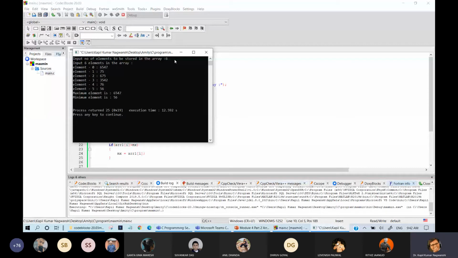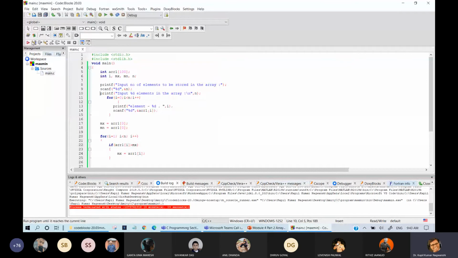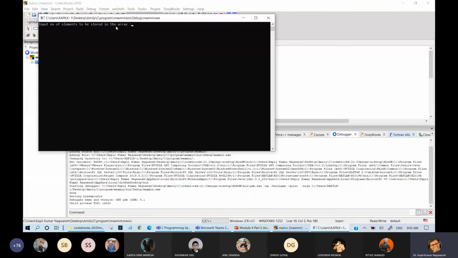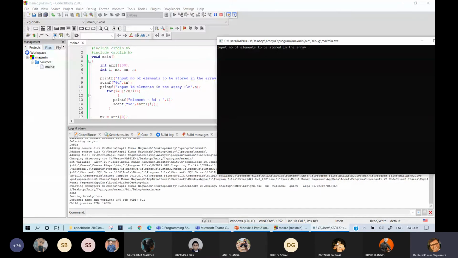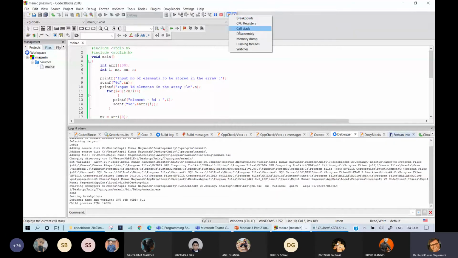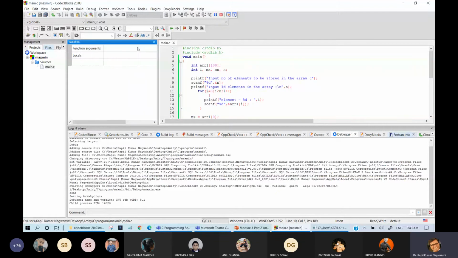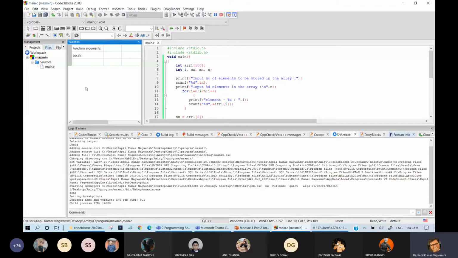So this is all about the program. It will give us maximum and minimum. Now if you want to see how this program will be executed, here the debug window is given. Okay, so I am pressing on debug. Now debug is started and I want to check the changes. So here I am using watches. Watches will show the variable names, and what changes will be there in them, it will show to you.